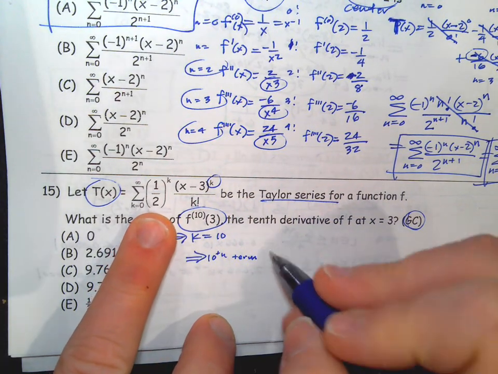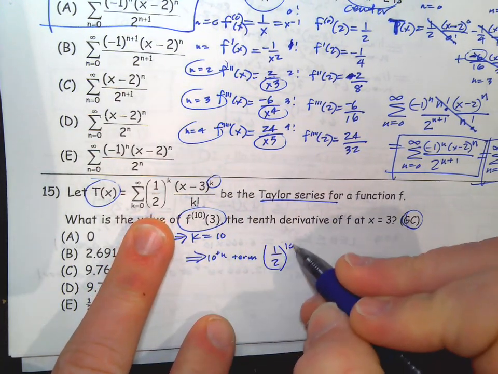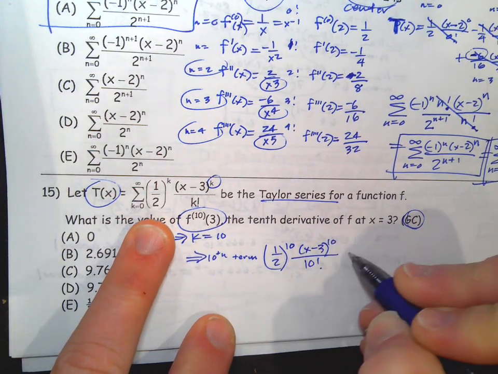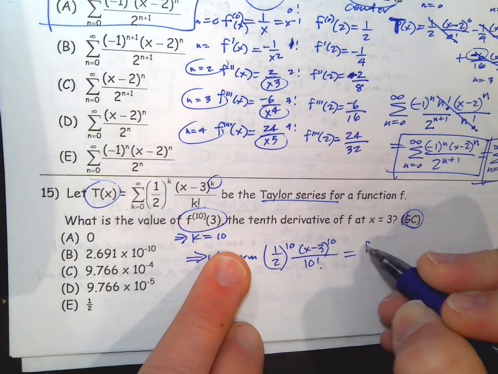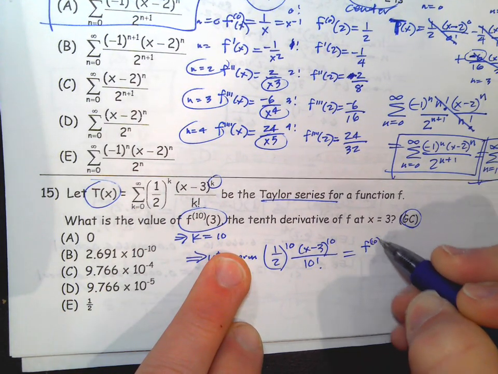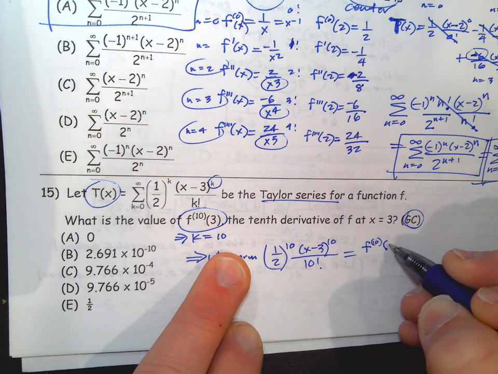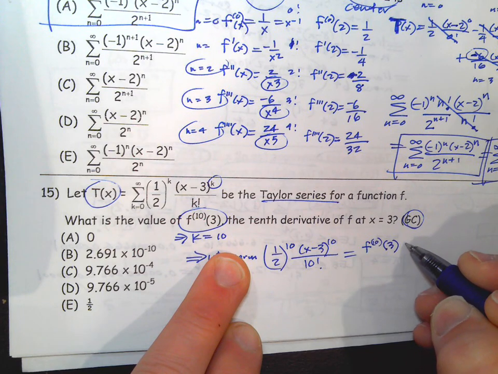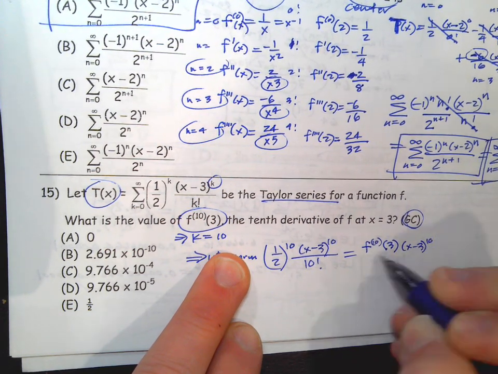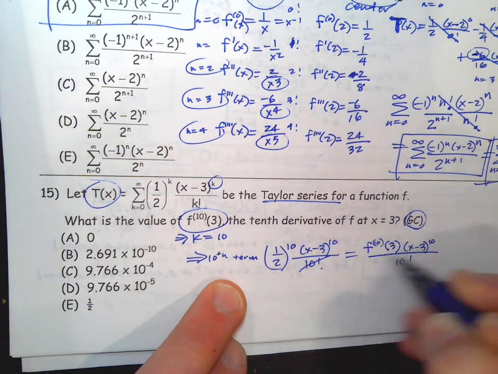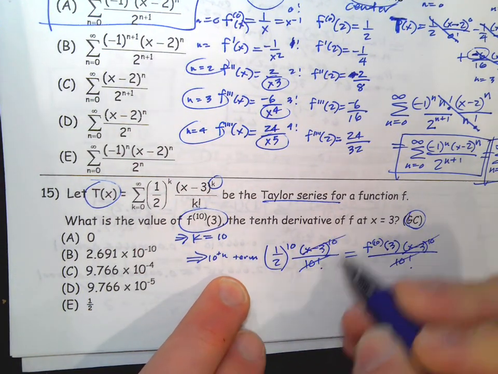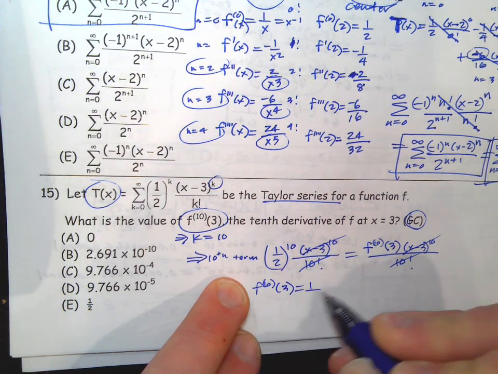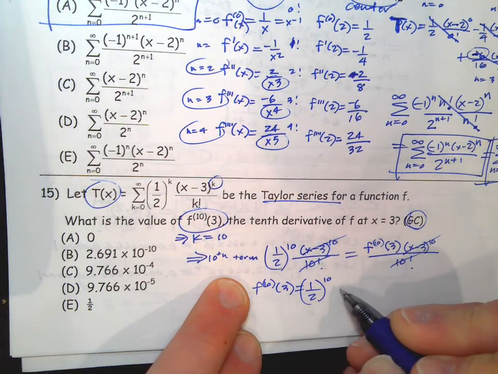So we plug that in there, we get 1/2 to the 10th power, x minus 3 to the 10th over 10 factorial, and that should equal the 10th derivative at the center, x minus 3 to the 10th power over 10 factorial. Now, the fact that this factorial is right there, those would cancel each other out. And so the 10th derivative, when you plug 3 in, should be 1/2 to the 10th power, which is